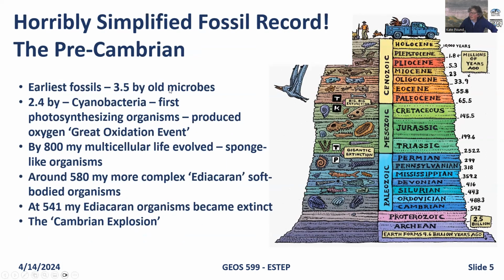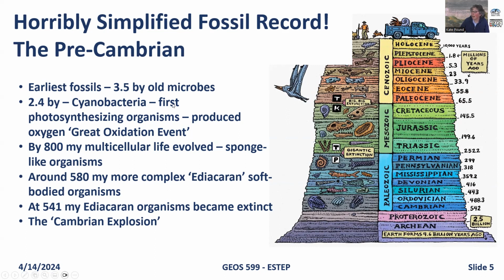Some of the really key steps during the Precambrian, in other words, the Archean and the Proterozoic: there were early microbes around 3.5 billion years ago. That's way back in the Archean. But the biggie is the evolution of